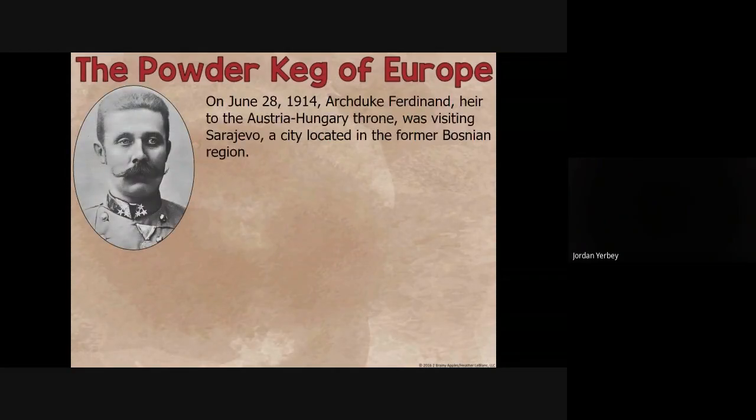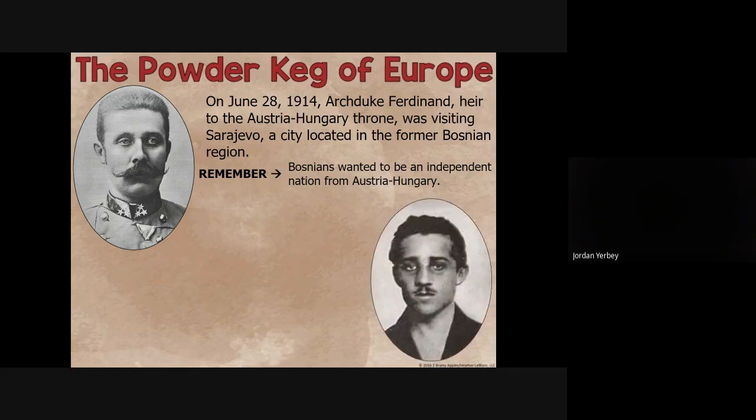When somebody talks about a powder keg, we're talking about a barrel of gunpowder that explodes when ignited. And so this was like a ticking time bomb. On June 28, 1914, Archduke Franz Ferdinand, heir to the Austrian throne, was visiting Sarajevo, a city located in the former Bosnian region. Remember the things we just talked about. Bosnia wanted to be an independent nation from Austria-Hungary. This man, Gavrilo Princip,